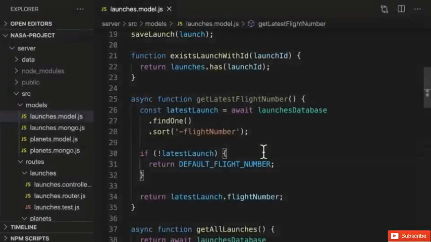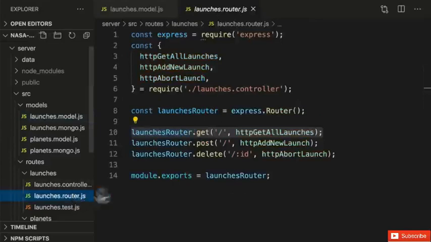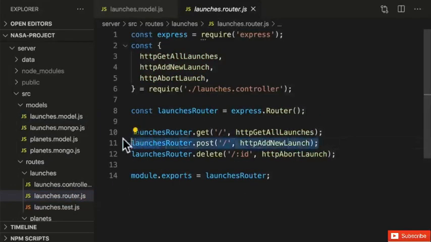Welcome back. We're now ready to add the ability to schedule new launches through our NASA API. What was the endpoint to schedule a new launch? If we check our launches router, we remember that's the post to our launches collection, which calls HTTP add new